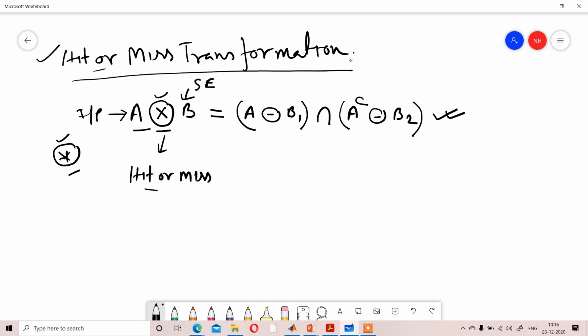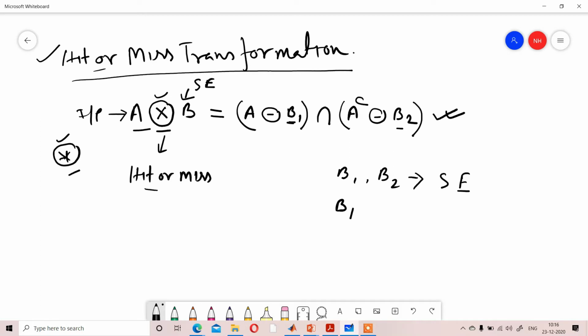Now, here B1 and B2 are two different structuring elements that will be provided. And if it is not provided, then what will happen?